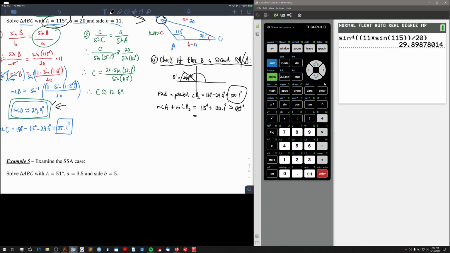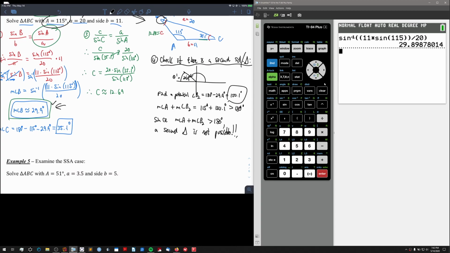So you don't have to write all of this stuff. I'm writing this out very detailed for you to explain what's going on here. But basically, this is the reason. Since the measure of angle A, which I was given, plus a potential measure of angle B2 is greater than 180, a second triangle is not